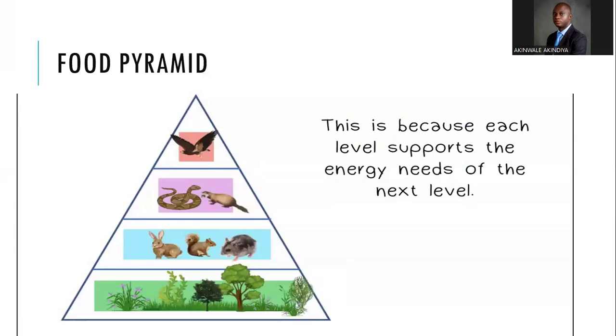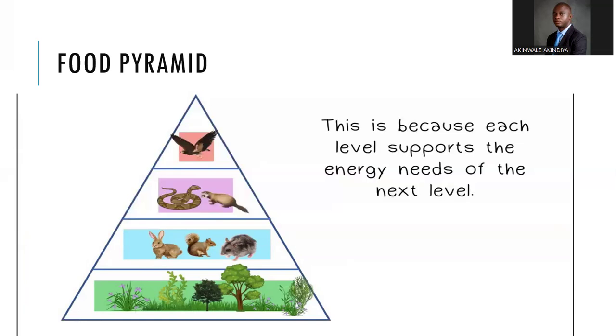So this is the food pyramid we are talking about. At the lowest level here, you have the producers, the plants, and at the next level you have the rabbits and rodents basically feeding on the grasses. Then at the higher level, you have snakes feeding on these other ones. Then you have hawk. So you can see that as you go up the pyramid, the numbers are reducing. That's the only way the system can be sustained.